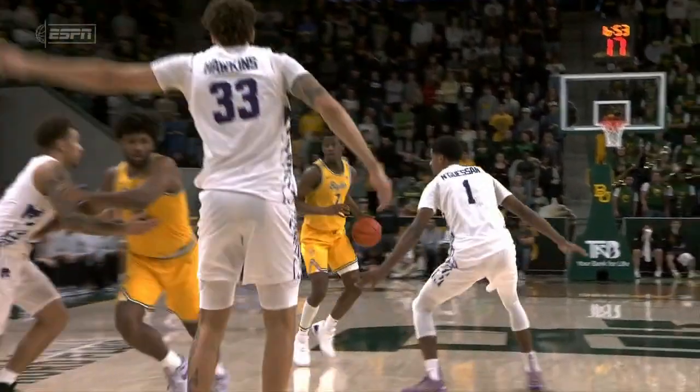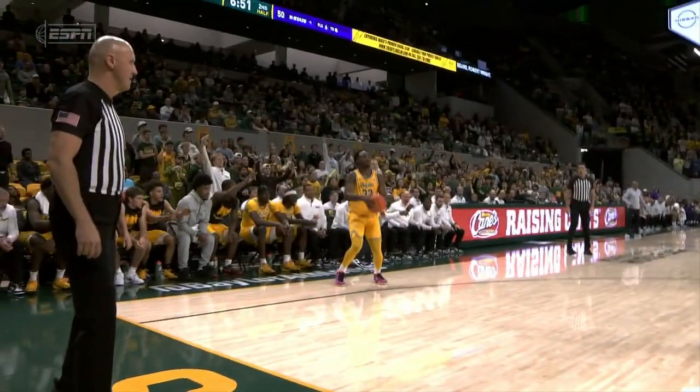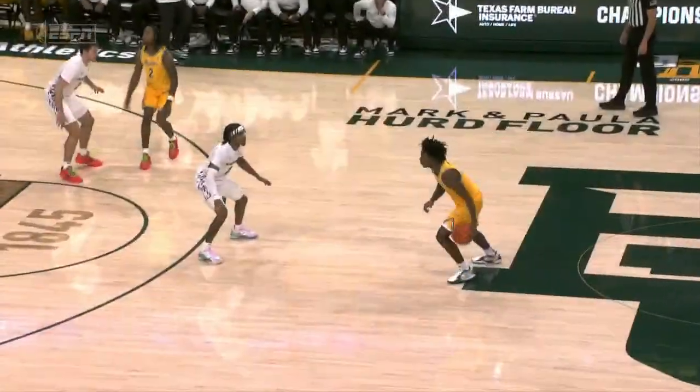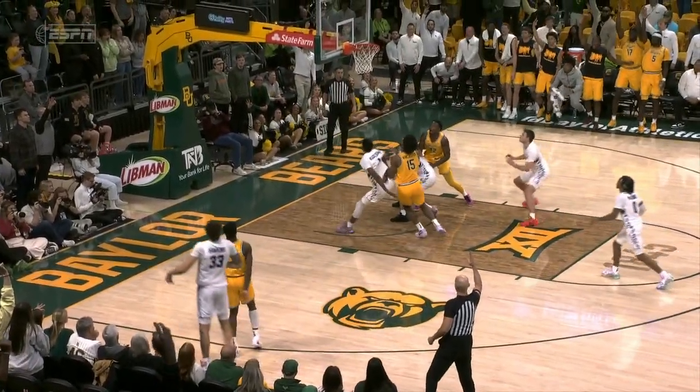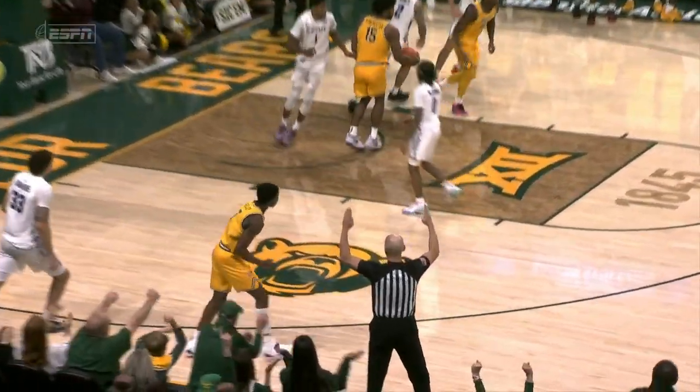All right, let's take a look at some of these threes that are falling. Good vision, unselfish plays. Celestine's had the hot hand for the Baylor Bears. You see him drilling it right there. The bench is loving it. And at the other end, this is just a straight-up stagger screen, pin down. BJ Edgecombe with the beautiful knockdown. Baylor